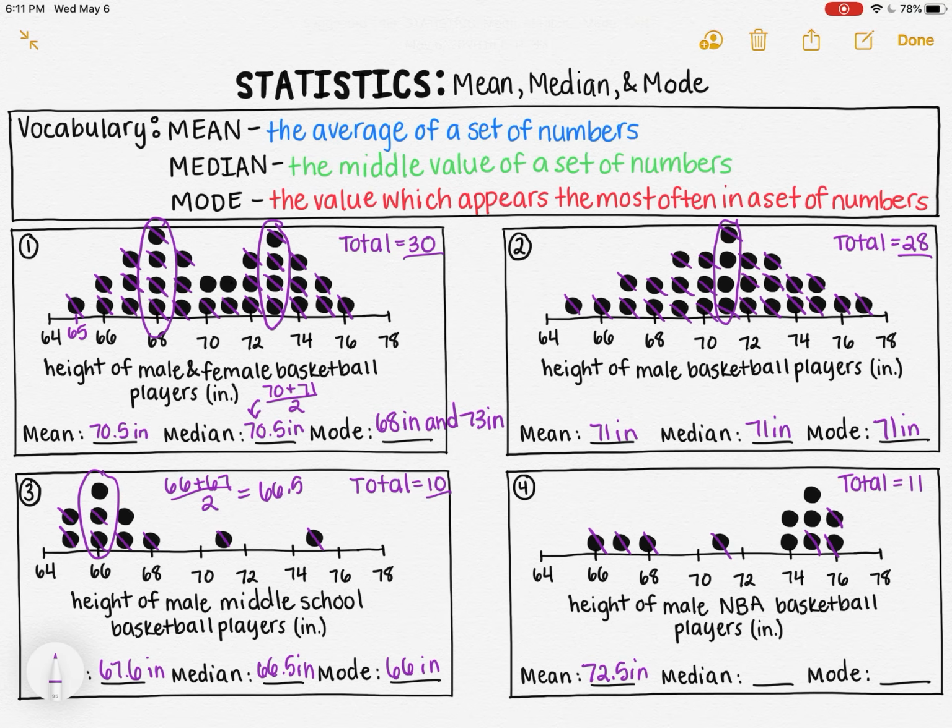Now we can find the median by crossing out our dots again. And this time we have an odd number. So we did end up with 1 dot as our median value, and that dot is at 74. So 74 inches is our median, and then our mode is the peak,